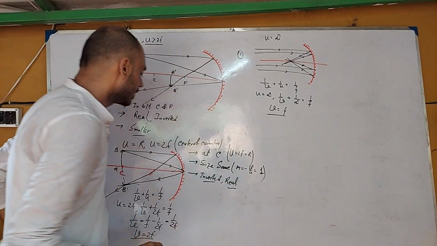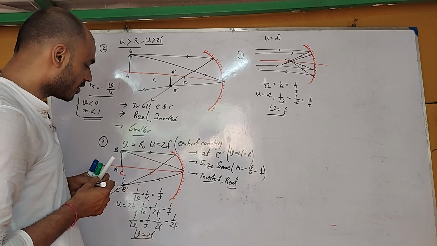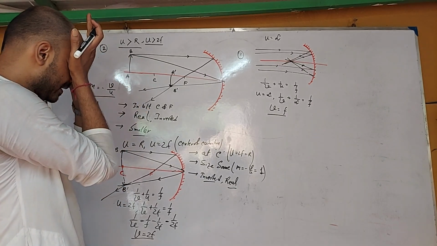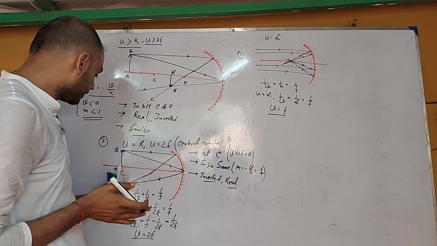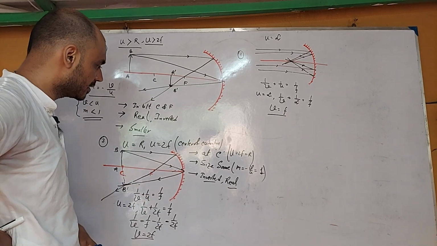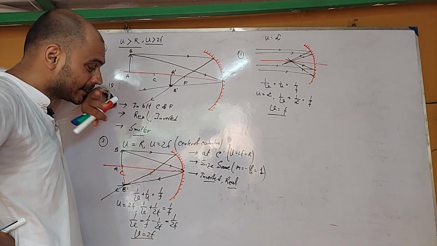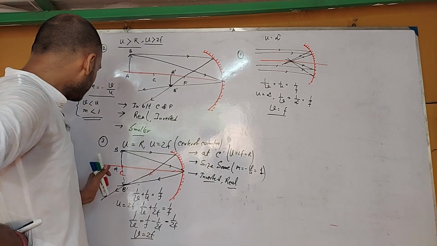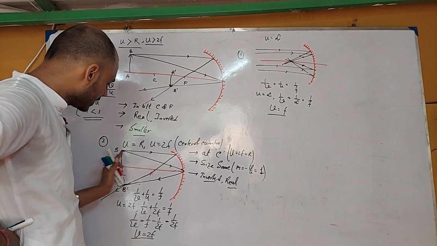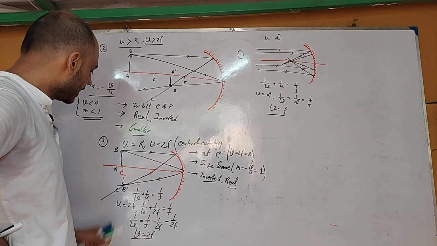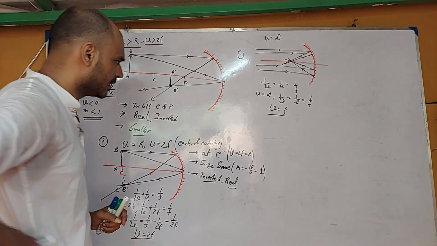This is real also. This is from in front of the mirror. The rays actually meet at the position of B dash. So the nature of the image is real also. Now, if the object is going towards the mirror, in between the center of curvature and the focal length, this is